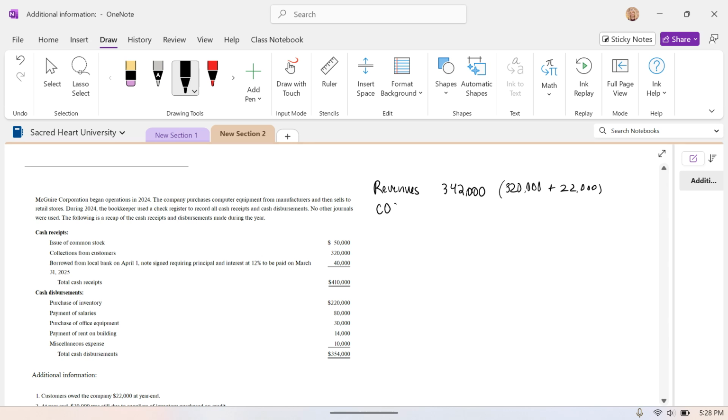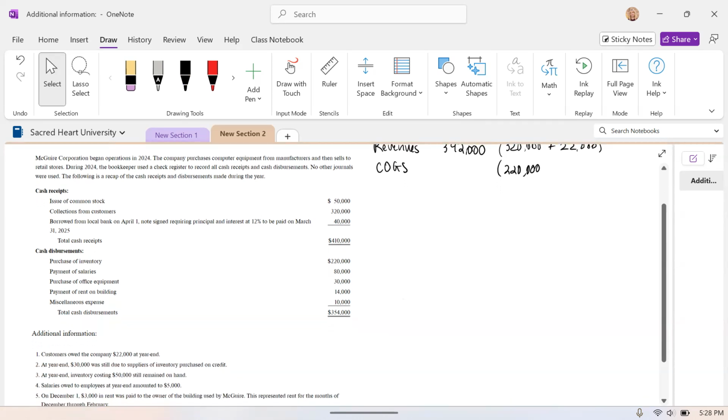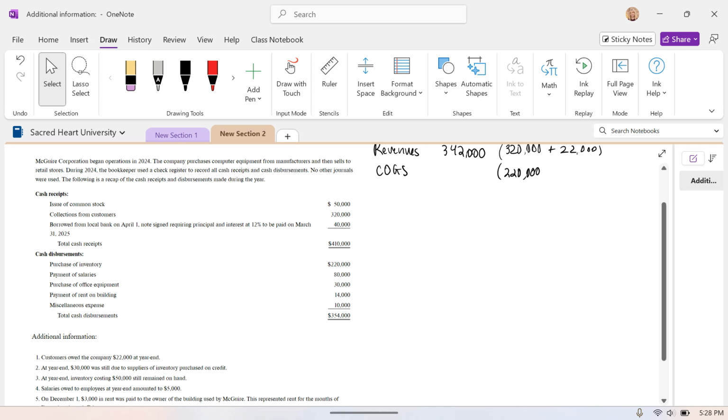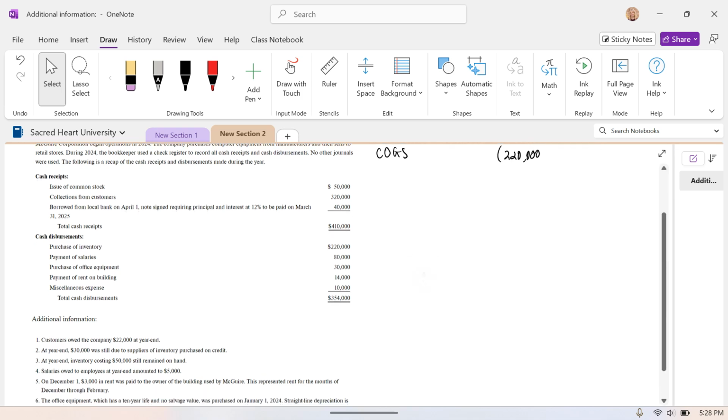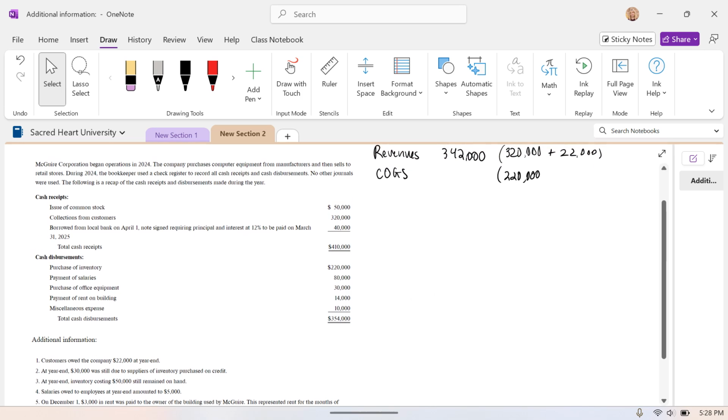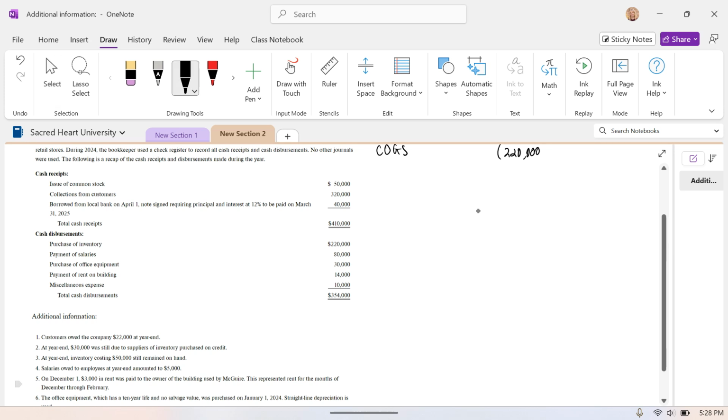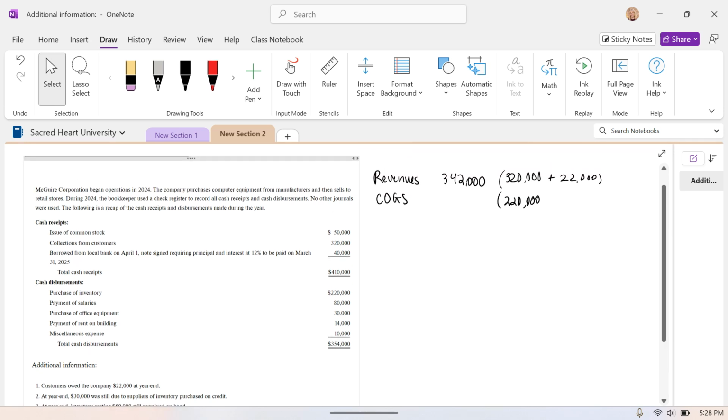Next, we're going to have cost of goods sold. We're going to start with our cash payments, purchases of inventory, $220,000. And to that, we're going to have to look at the changes in inventory, the inventory that we have on hand at the end of the period, and the changes in our accounts payable. We have at the end of the year, $30,000 was still due to suppliers of inventory that was purchased on credit. So let's add in that $30,000